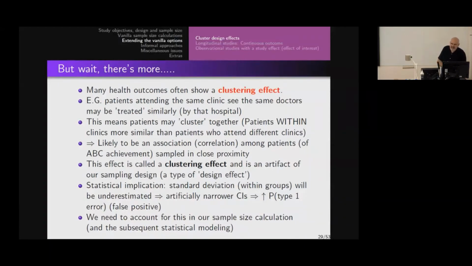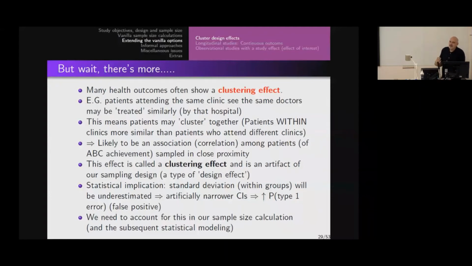What it really means is patients within clinics, in terms of our outcome, seem more similar in their value than patients that attend different clinics. In other words, if we looked at it on a graph, patients attending the same clinic would cluster together into little groups. Okay, and that's why we call it a clustering effect. So what this really means is patients that are in close proximity, they attend the same clinic, have this clustering together. They're what's called correlated. Okay, so the patients, not the variables, the patients are correlated. And this is called a clustering effect because we see clustering.